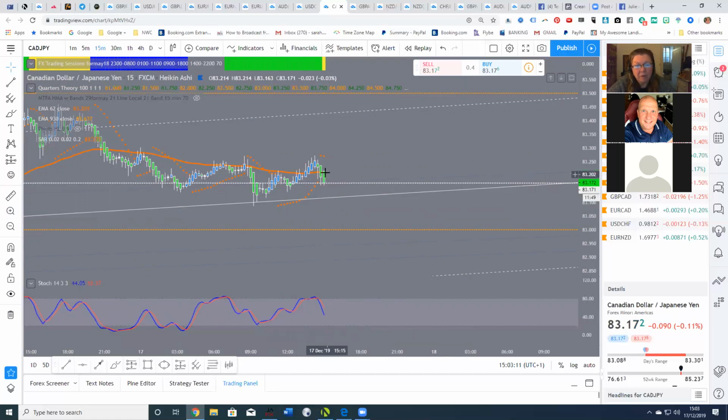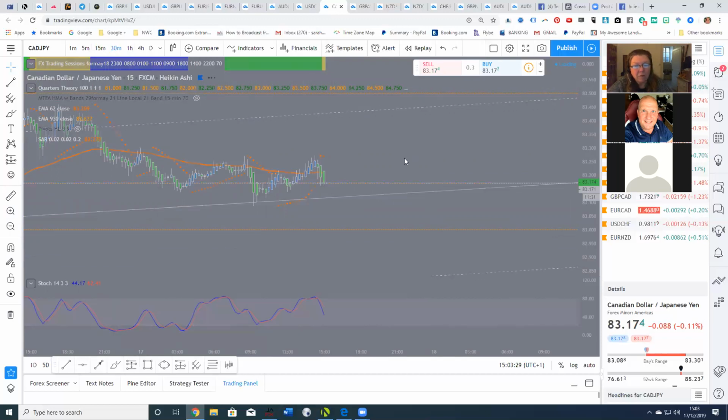Very few pips, even though it's a flat bottom, it's below the 62. So you've got a couple of pips, but by the time you've done your spread and commissions, it's probably not worth getting into unless you believe that it's got more room to go down to quarter theory, and I'm not sure that it has, because if I